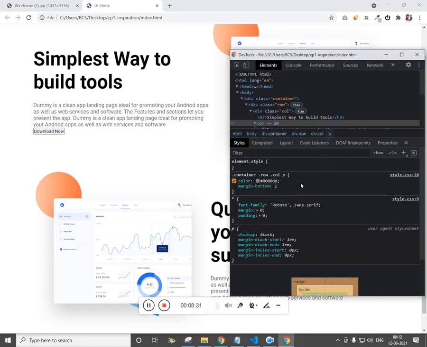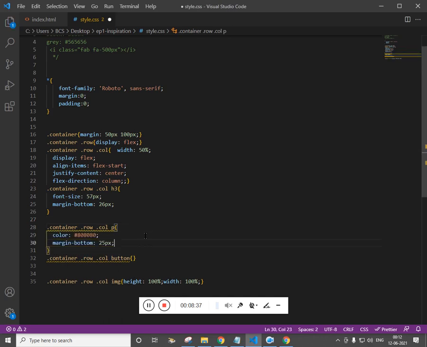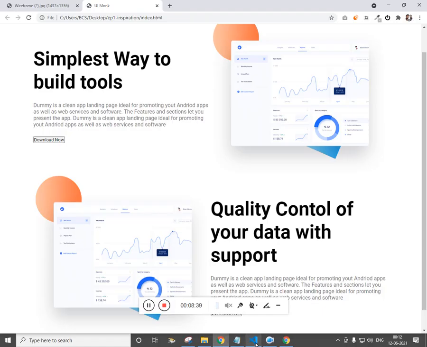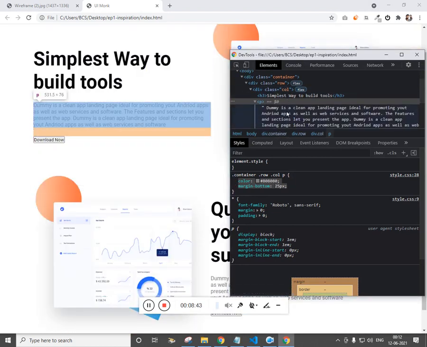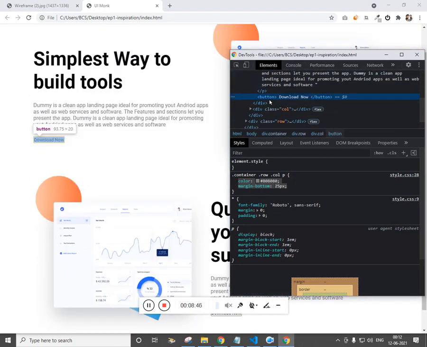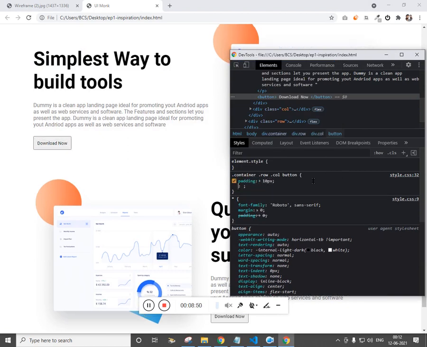Margin bottom 25 pixels again. Cool, that works. Select all and give this to the paragraph. Now let's design the button. Select the button and give padding of 10 pixels and a background linear gradient.